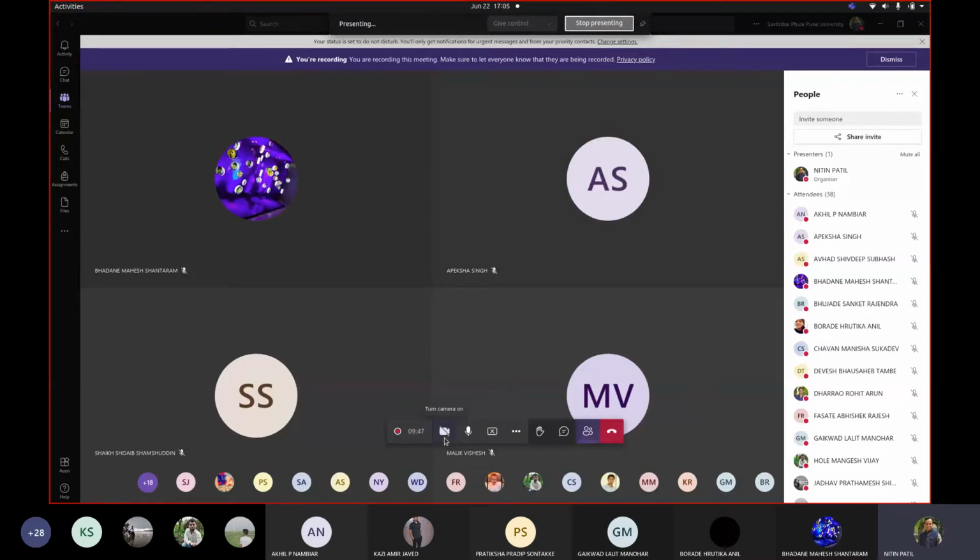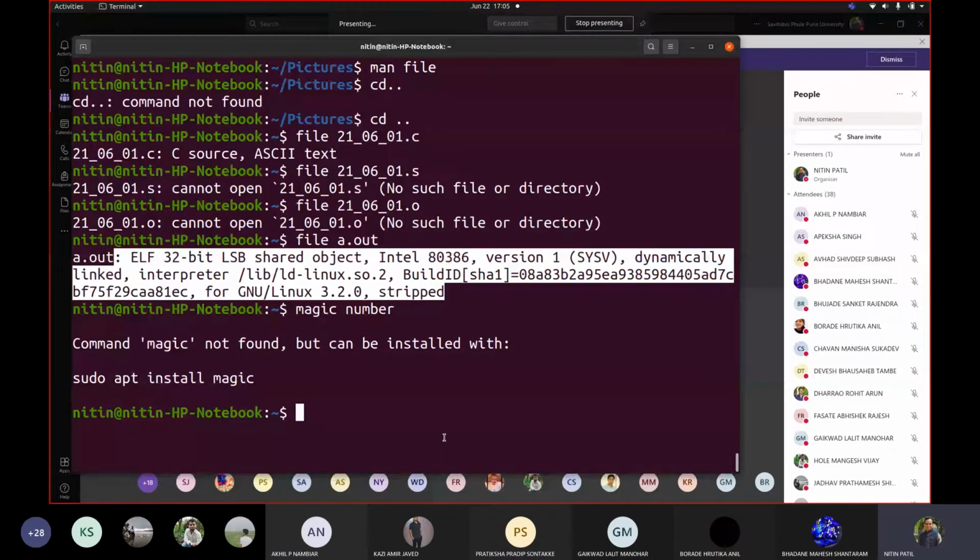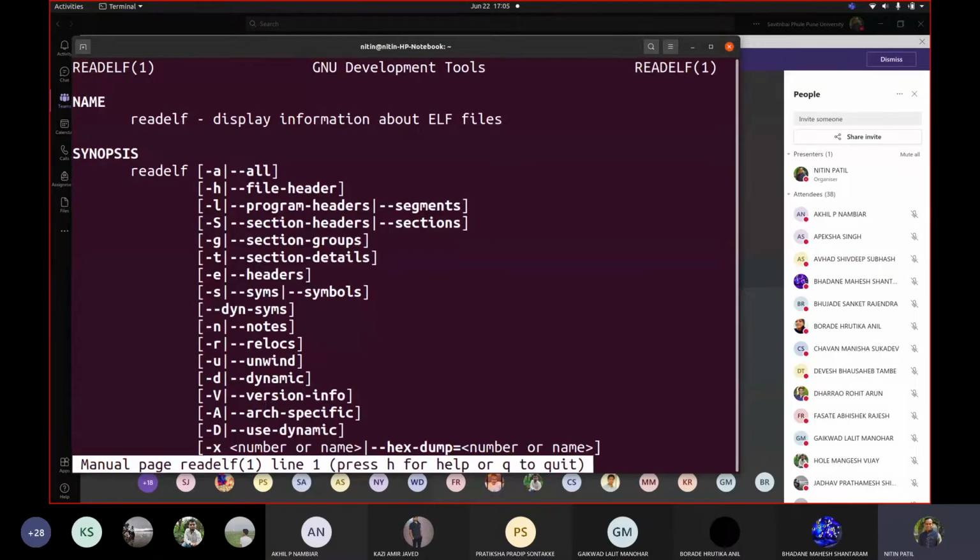Now, how do I know file types? How do I know that magic number? So, for example, let us check this. I have a command to introduce to you called readelf. This readelf command works with displaying the information about the ELF file.